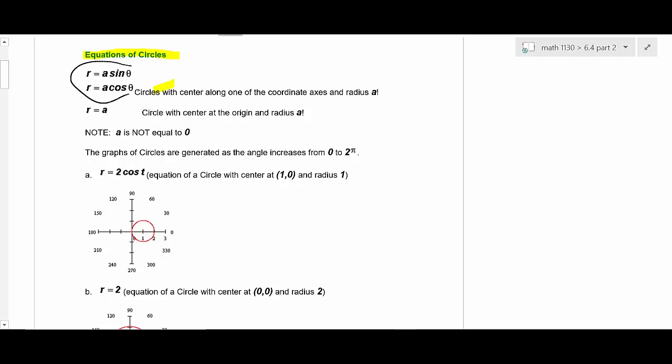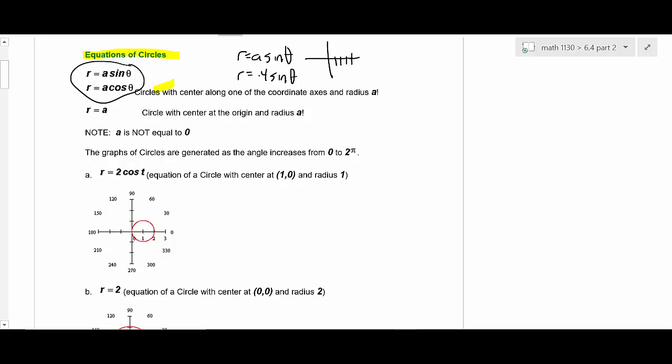All right, so you want to make sure that you know this. These things right here, you want to know those. So if you have r equals a sine theta, that just means it's a center along the axis. So this one would go like this. If you have a sine theta, let me just show you how this goes. If you had 4 sine theta,